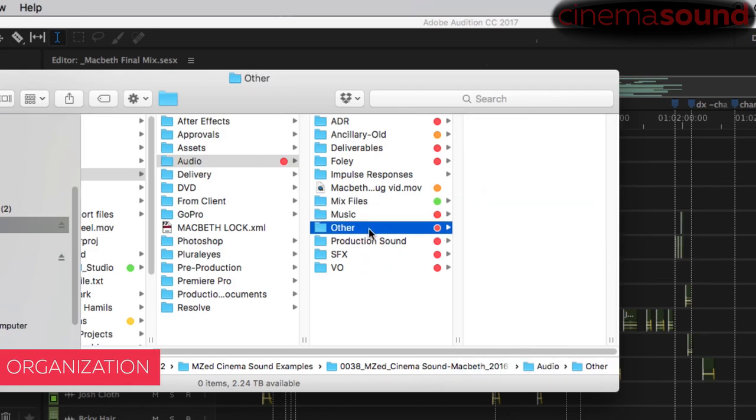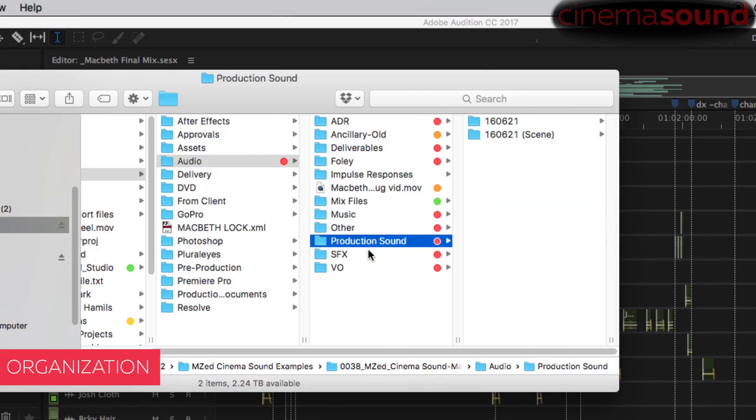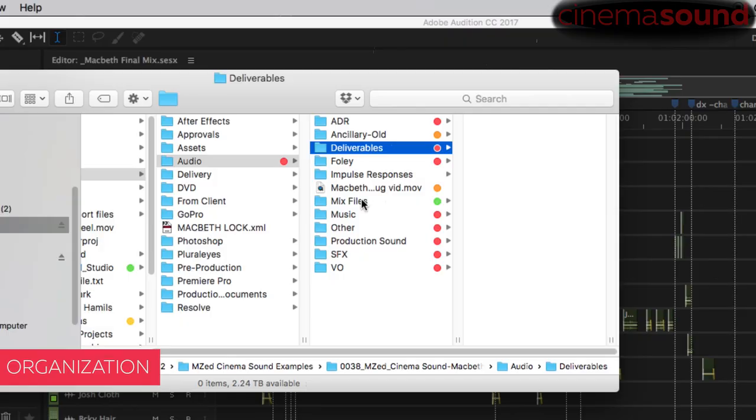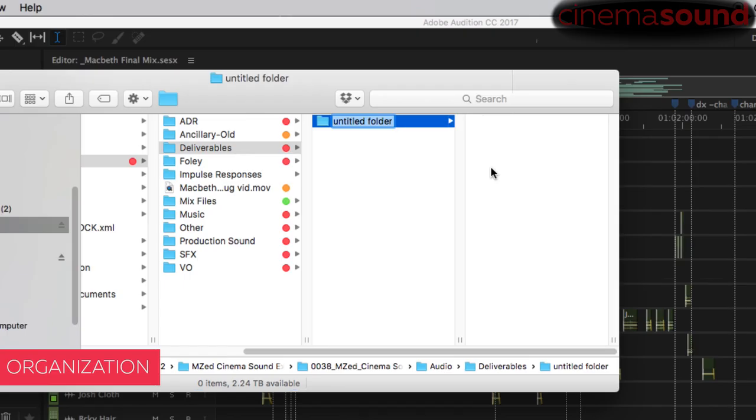These are the stems. Anything else, production sound that I might want to have separate, specific sound effects that are not a part of the library that I may have developed specifically for this, and then anything that was voiceover. So for us, we have deliverables. In the deliverables folder, my strong suggestion is that you create your own kind of thing here, like this. 5.1 final,